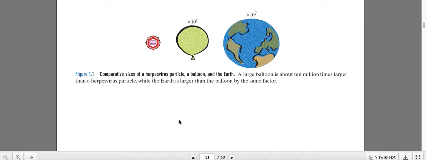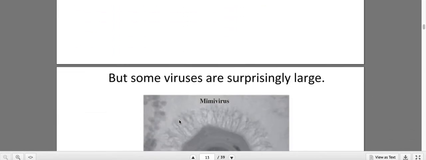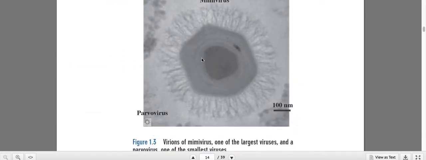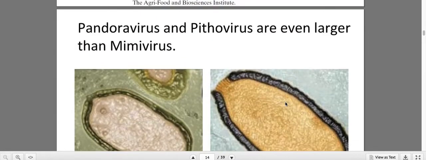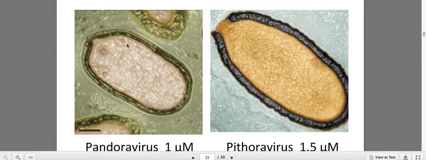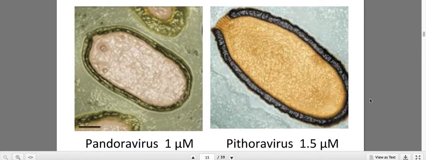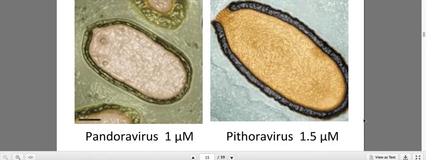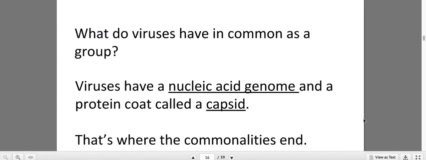So viruses are really, really small, almost impossible to detect, but at the same time, because of their numbers and their diversity, they are able to actually have an impact on other living things. Some of them are large, but overall they're very small. These are just little snippets of some of the large viruses. This is the Pandora virus, this is the Pithovirus, and some of them are big enough to detect near other normal cells.